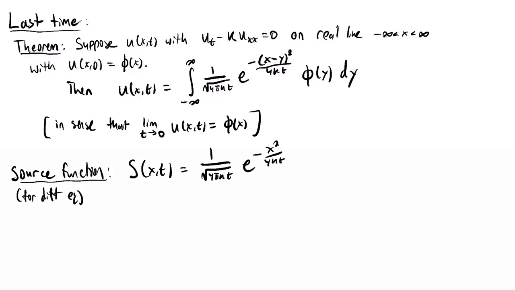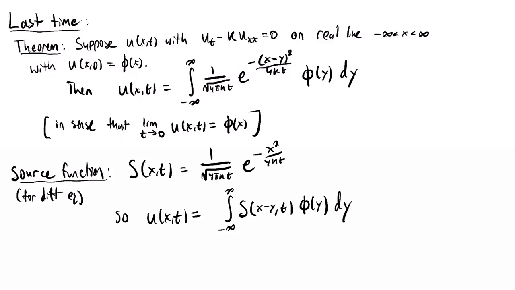And so notice I can write my integral here as an integral of this source function evaluated at x minus y times phi of y. So the solution is given by the integral from minus infinity to infinity of the source function at x minus y and time t times phi of y dy. This sometimes helps notationally, because this function here is relatively complicated looking, so it helps to describe it more compactly, just writing it as a source function. As I mentioned a second ago, this is sometimes called a Gaussian,